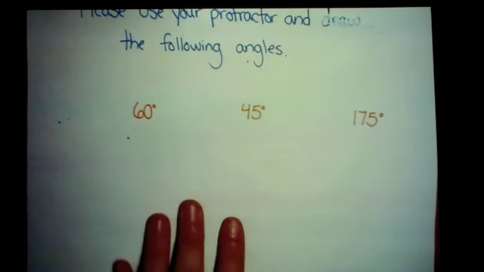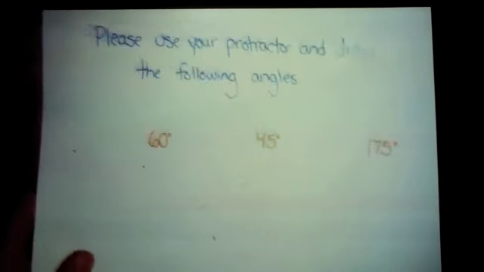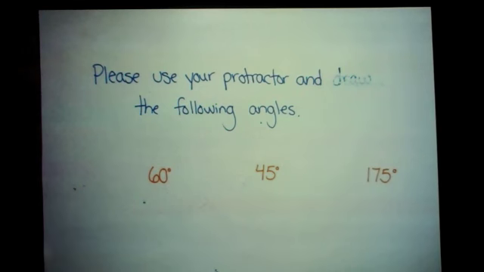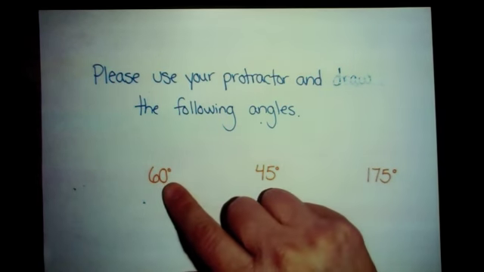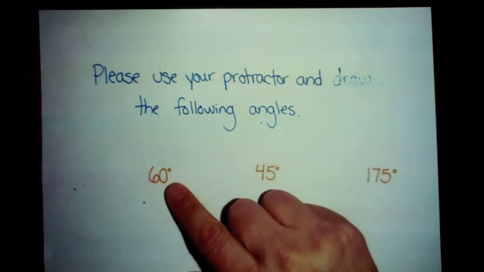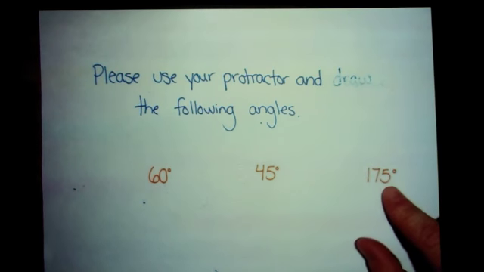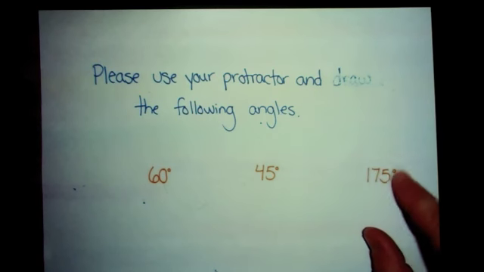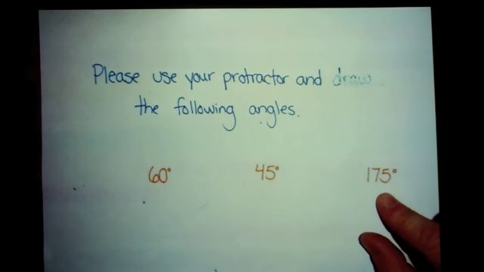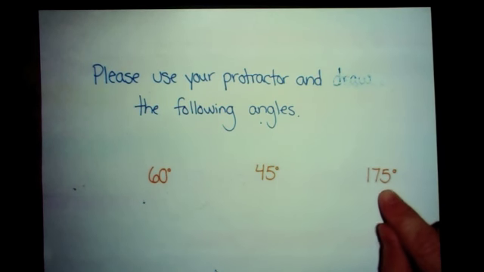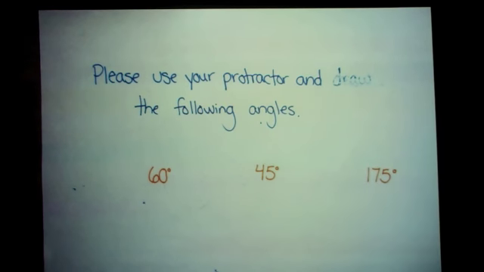Now, what I want you to do, boys and girls, tonight to practice on your own, I want you to use your protractor and draw the following angles. So you have a 60-degree angle that you're going to draw in your notebook, a 45-degree angle that you're going to draw in your notebook, and last but not least, a 175-degree angle. This seems extremely close to a straight angle. Just make sure it's not a straight angle because it's 5 degrees away from being a straight angle. Take your time, have fun, and